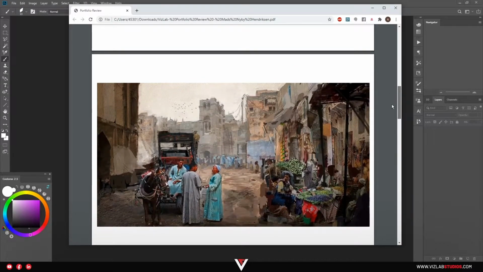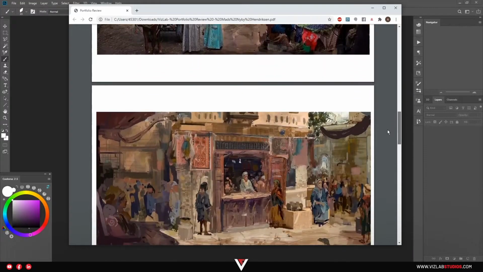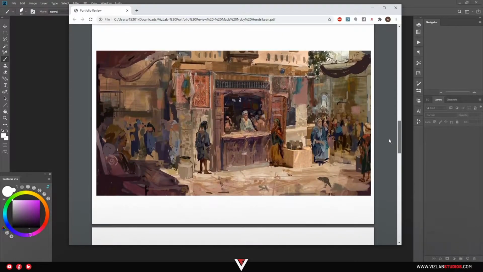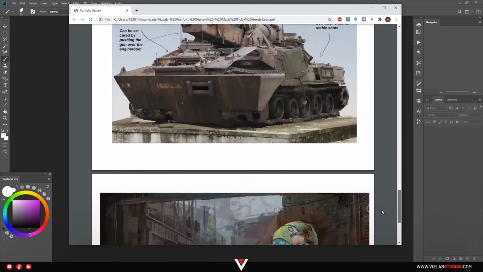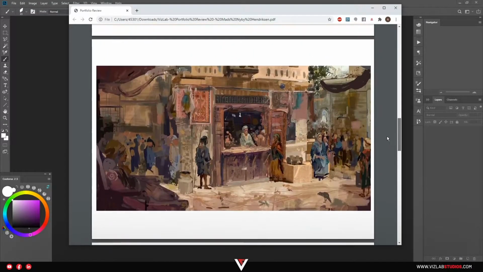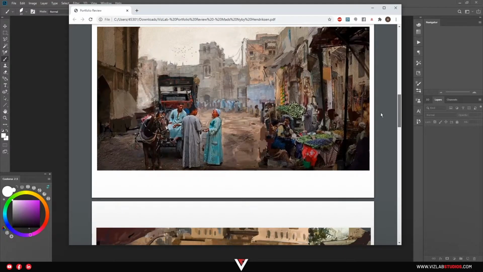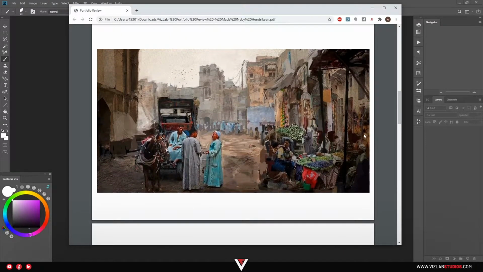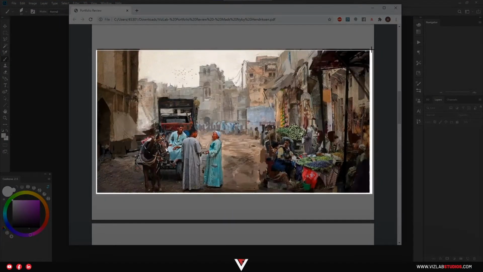Thank you, Mads, for sharing your portfolio. As you said in the introduction, you don't have that much content yet because you're mainly focusing on painting skills. As you just said, if you want to be a concept artist and not a fine art illustrator, then you need some more content. So let's grab this one, for example.